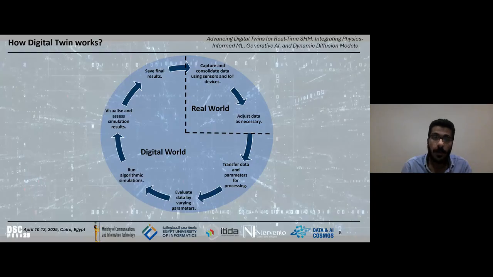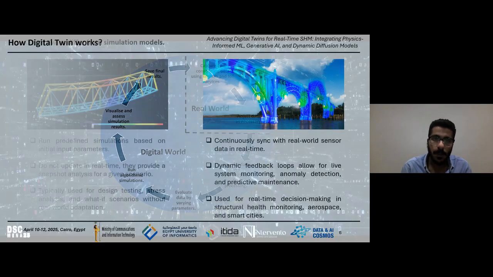Then we can say that this is the digital twin. And then you can continuously learn from the data coming from the sensors or from your other sources, to update your model and save your results as historical data, and get a decision about your current situation. So that's simply how it works.